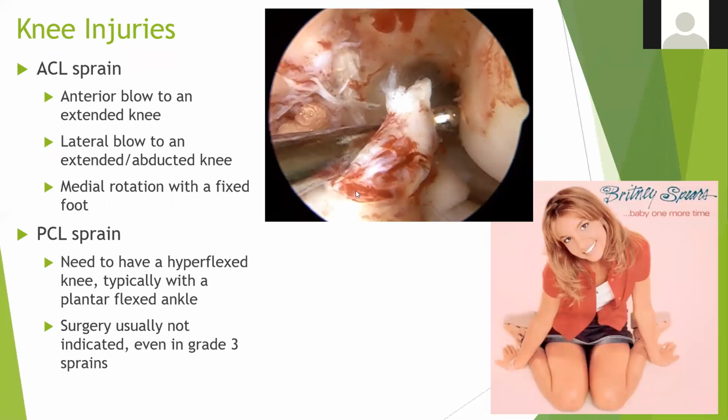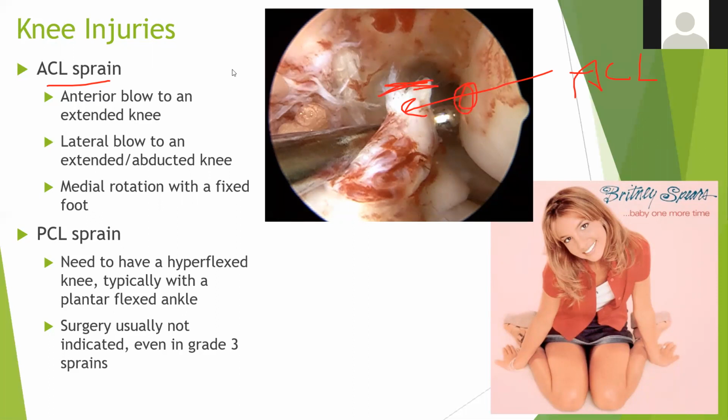Now, like I said, with the ACL sprain, and again, a sprain means a tear to a ligament. This here, right there, that is your ACL, and that is torn. You see how that's completely torn off. Where it should be is over there. Or actually, I take that back. Your ACL should be anchored right here. Anyway,